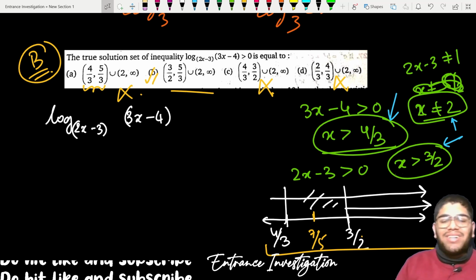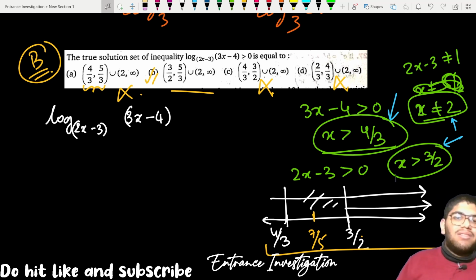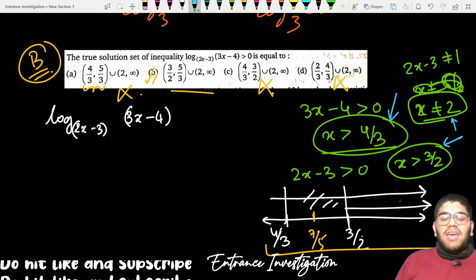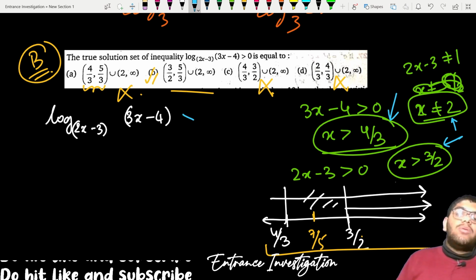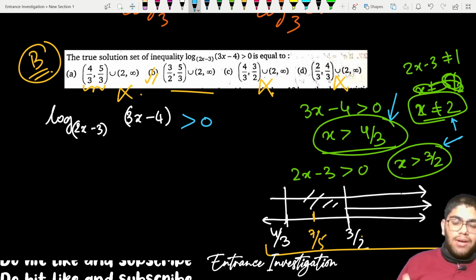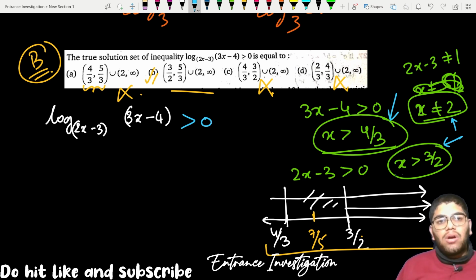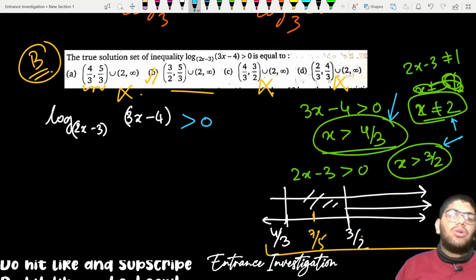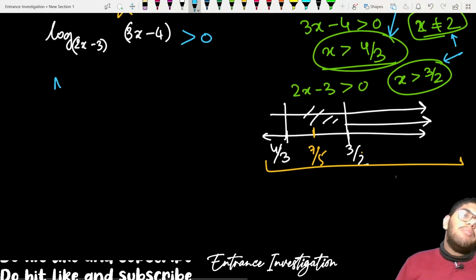This is kind of a trick, you can call it a trick, I call it logic. We have the logic, so why not apply it? Anyways, we have to calculate it to be greater than 0. Now, what are the two cases when the log is greater than 0? Number and base